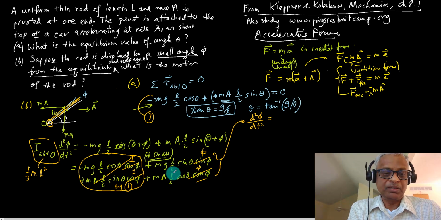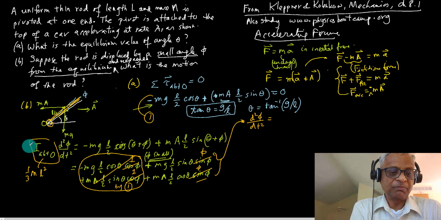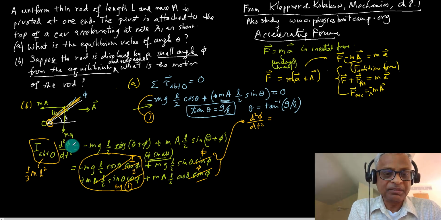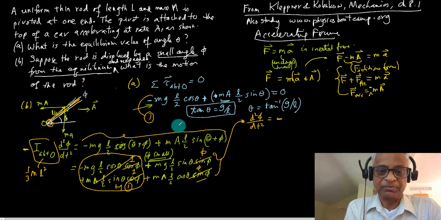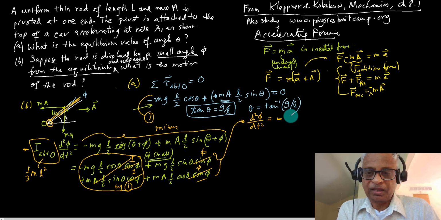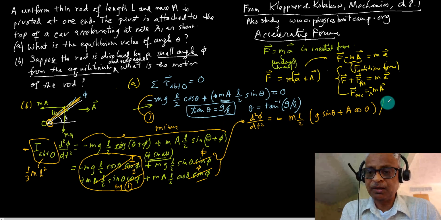that should be a minus sign. We have messed up a minus sign somewhere, so I'm going to put a minus sign here. You should figure out I messed up a minus sign here. And this should be m L over 2 g sine theta plus a cosine theta, and on the other side divide by 1/3